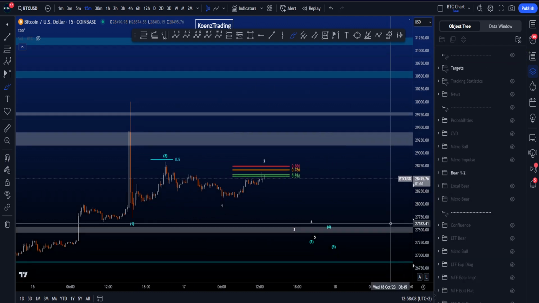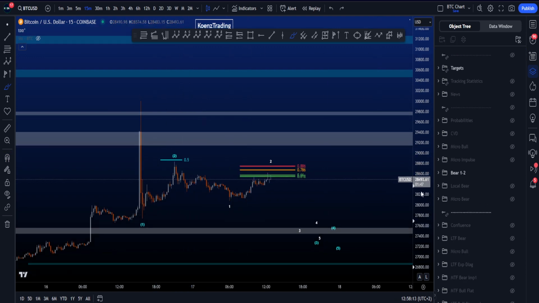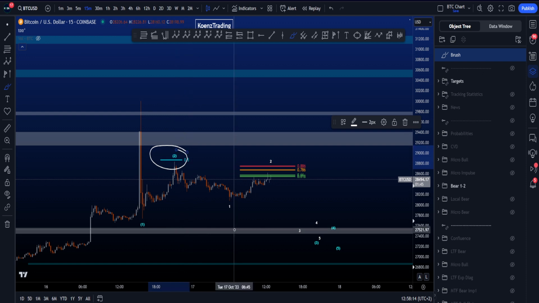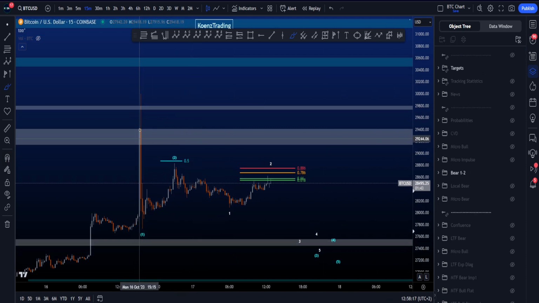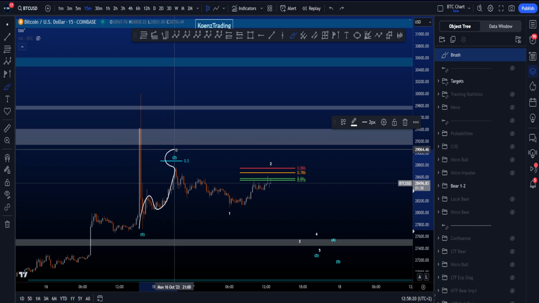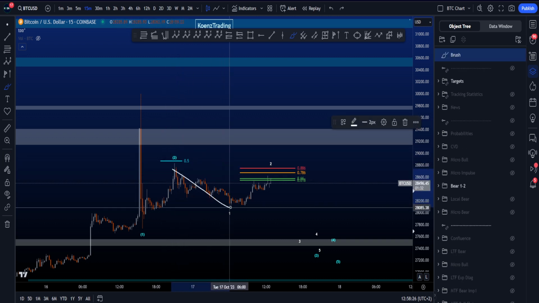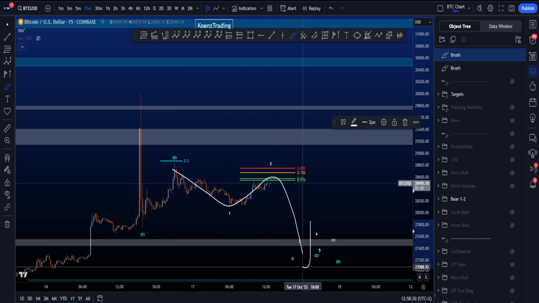Now over here, we have a potential 1-1-2 bearish scenario where wave 2 is already finished. The most common structure in a wave 2 is a zigzag based on statistics. So if this is a wave 1, we then have that same ABC to the upside in a wave 2. It did miss out on hitting that 0.5, right, for this wave 2. But then you're going to be looking for another wave 1, 2, and then a much bigger 3 to the